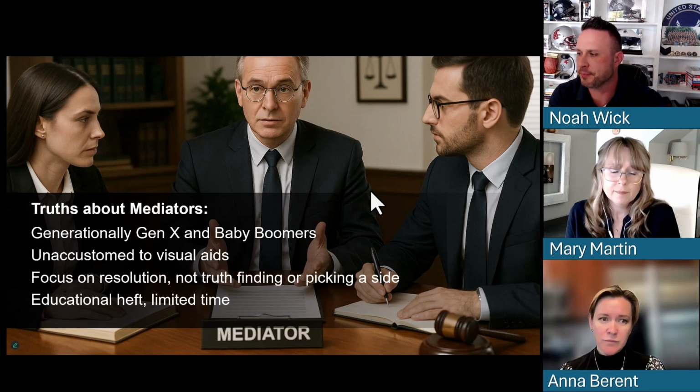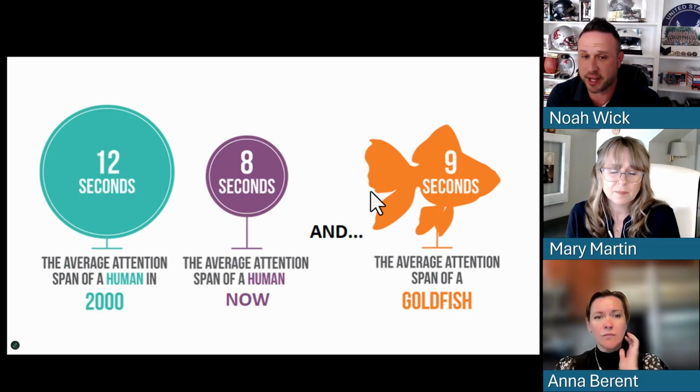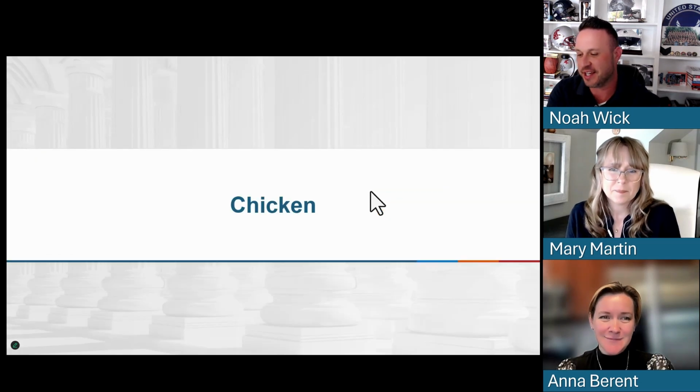That's great. Let's move on to the next parts here. This is a graphic showing the attention span of a goldfish being 9 seconds. And I believe the attention span of a human now is between 5 to 7 seconds, as this graphic's just a tad bit older. One of the examples that I like to use, usually with dogs,